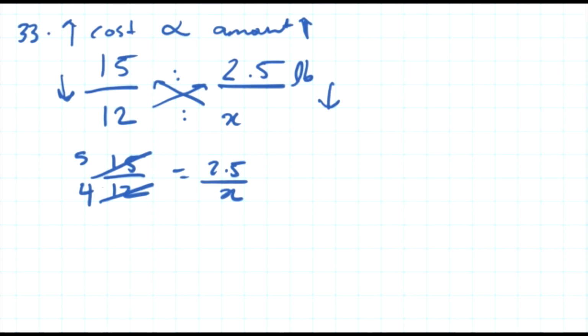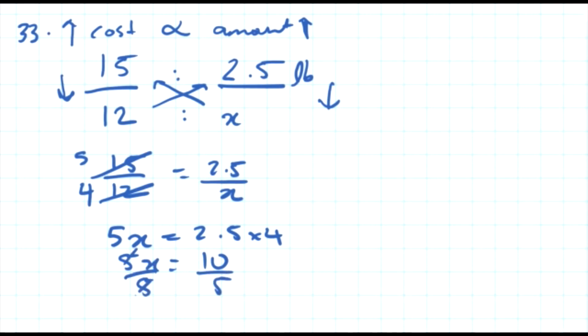Once I'm done with that, I can cross multiply on both sides to get a solution. So I can say my x is going to be 5x is equal to 2.5 times 4. 2.5 times 4 is 10, so I'm going to put 10 here and then 5x. Now to find x, I'm going to divide by 5, so it's going to cancel off and give me 2. So that means for $12, I can only buy 2 pounds,